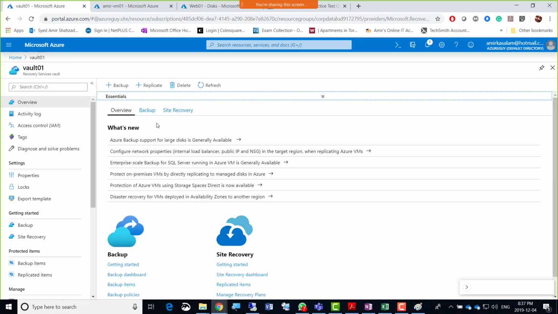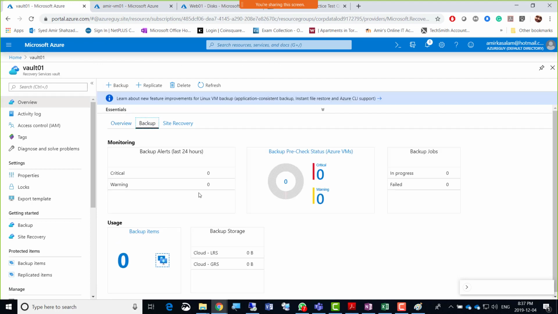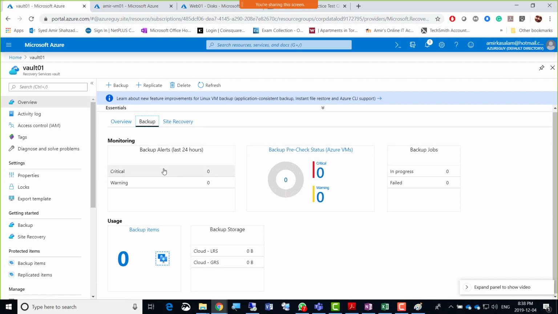Overview, if we go there, it's backup. Well, it doesn't show anywhere, so I'll just create a new vault here, guys, just to make sure that the machines are showing there.